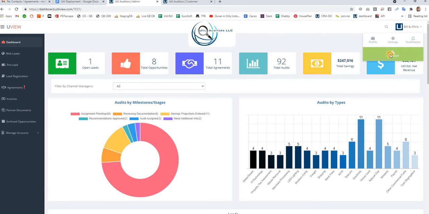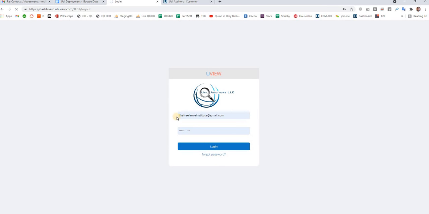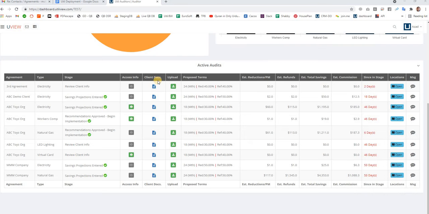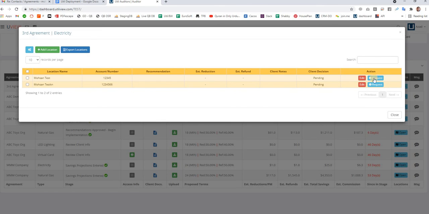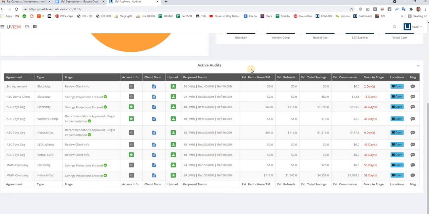Let me sign in first on the auditor side. On the auditor side, we allow the auditors to request additional documents for each location separately, like for this location separately, and for this location separately.